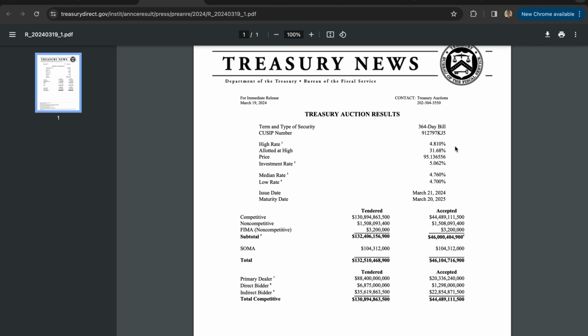Oftentimes, when the price tail is higher, the difference between the high rate and the median rate is higher. That indicates a little bit of a lack of demand for the bills, because this means that the Treasury couldn't fill up that $46 billion that they were looking to accept until they went up higher on their interest rate